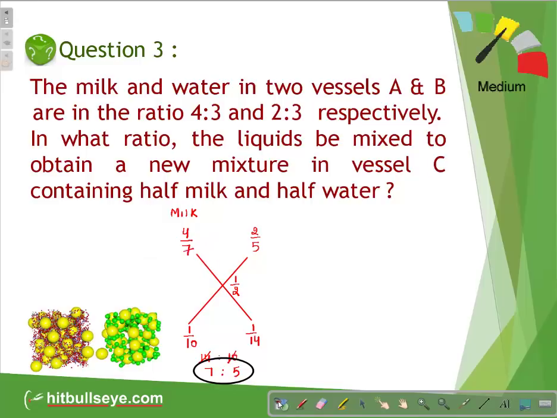Now here, let's solve this question by way of water. If you take water as a common point to start, the proportion of water in the first container is 3 by 7. Water in the second container is 3 by 5. Now, those are to be mixed to have final water as 1 by 2. Take the difference, LCM again 10 here, you get 1 by 10. LCM 14 here, you get 1 by 14. So 14 is to 10. Ratio happens to be